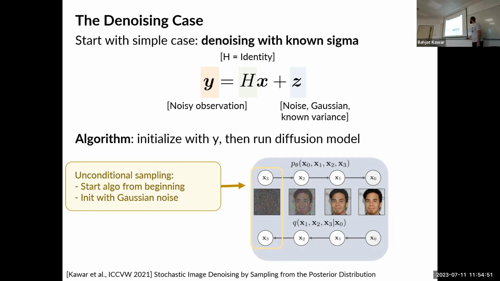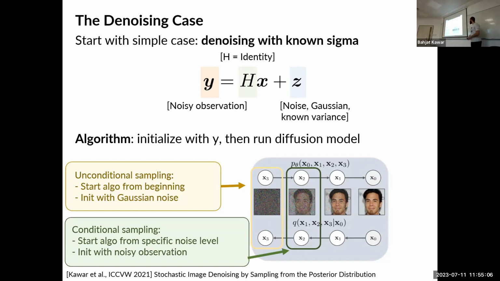In our case here, we already have a noisy observation. The intermediate steps of diffusion models, as we have defined them, are just Gaussian noise contaminated images. So we can find one that has the same noise level as our y, just initialize with y